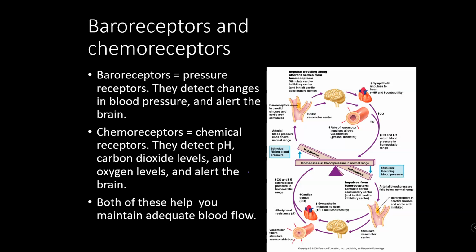Oxygen levels do get detected, but notice I have that listed third. Your brain cares more about the other two things before it cares about oxygen levels. You have chemoreceptors that detect glucose levels, calcium levels. We want to make sure everything is being delivered like it's supposed to. So those chemoreceptors are detecting all of those levels and making sure that we are delivering all of those things to every tissue all the time like we are supposed to. A mixture of both of those things, the chemoreceptors and the baroreceptors, help to make sure that we're keeping blood pressure where it's supposed to, but also delivering everything like we are supposed to.